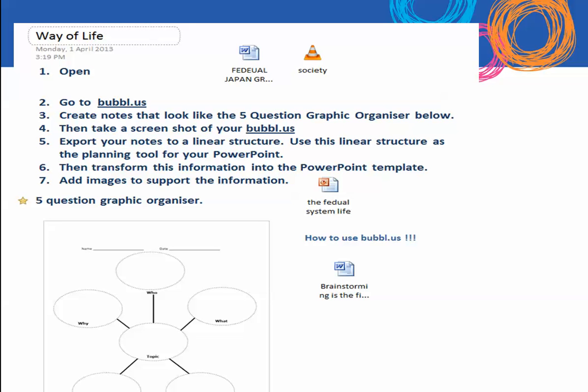So this is a structured, and this is a complex structure. I would give a lesson where I use Bubbleos if the children haven't used a mind mapping tool before. I would also give a lesson on a graphic organizer where they ask the 5 questions and then combine the 2 together. Okay, to do this task you need to make sure that they have the skills for those